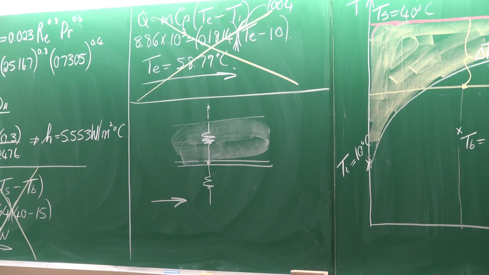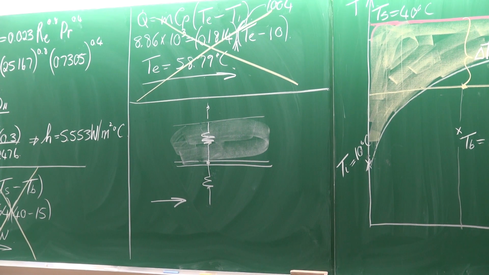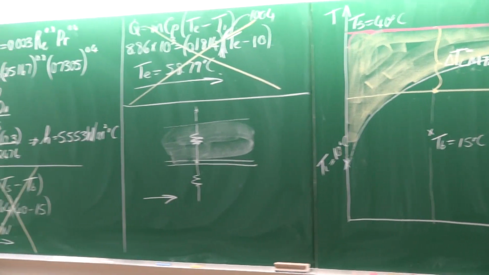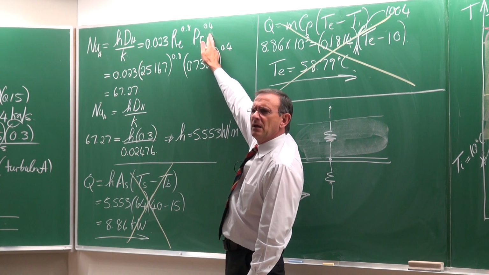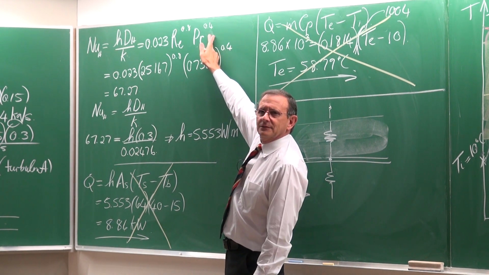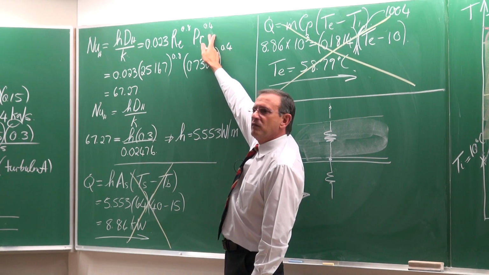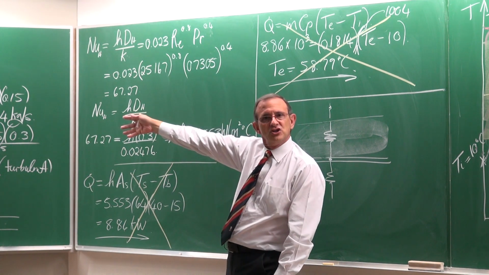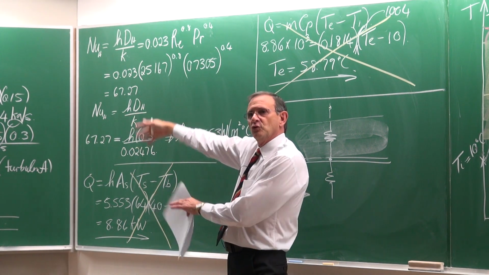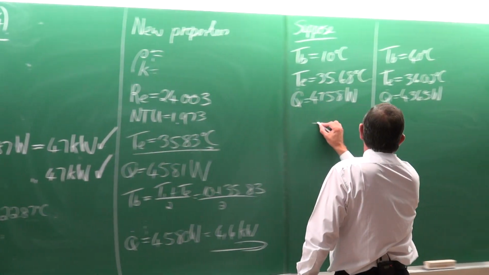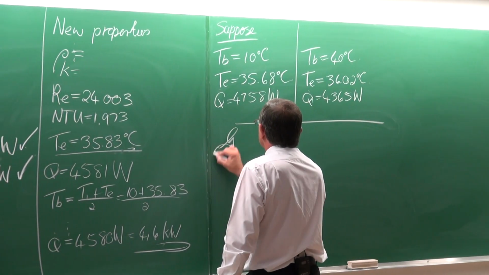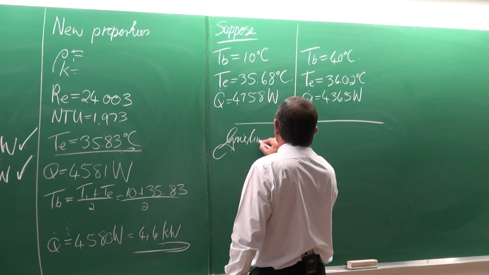Something that I also want to mention now is, coming back to the Dittus-Boelter equation, our selection for that. My lazy selection. What if I had selected the Gnielinski equation for calculating the heat transfer coefficient for the same problem? And I did that also. We're not going to write it all out, but I'm just going to show you the results. So if the heat transfer coefficient was calculated according to Gnielinski,